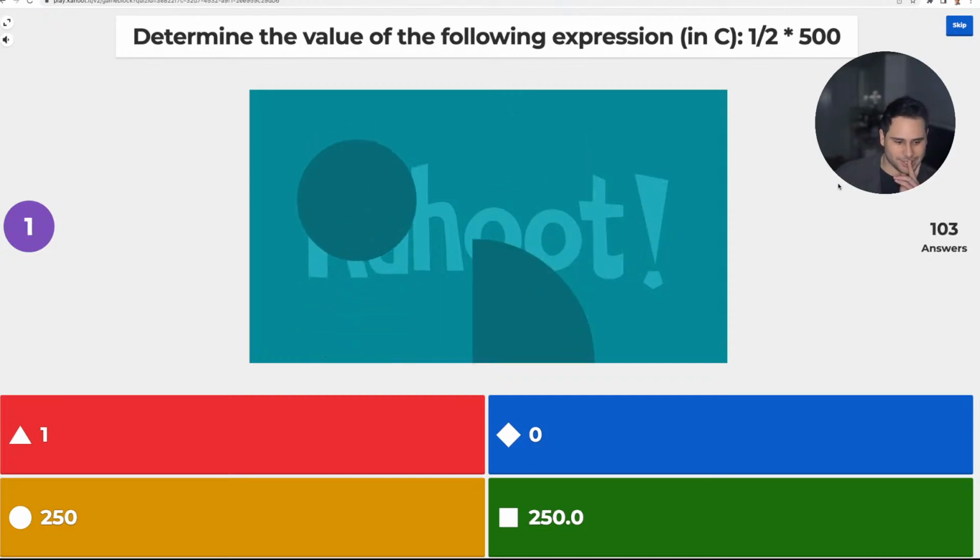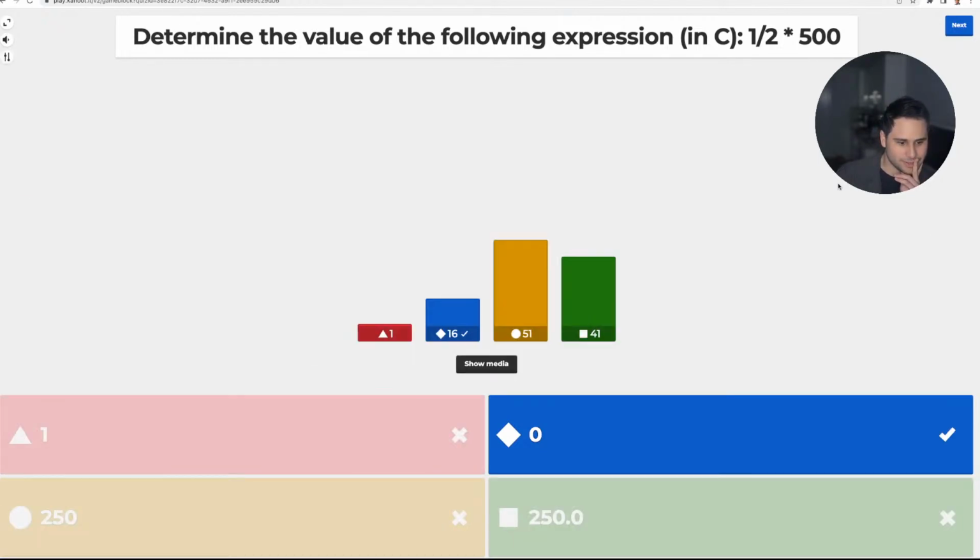This is a very good one, actually. 16... 15 people said 0. 51 said 250. Interesting. 41 said 250.0, which between yellow and green is definitely the right answer. But yeah, a division and a multiplication are the exact same level, right? So it will just be evaluated in order, and one divide